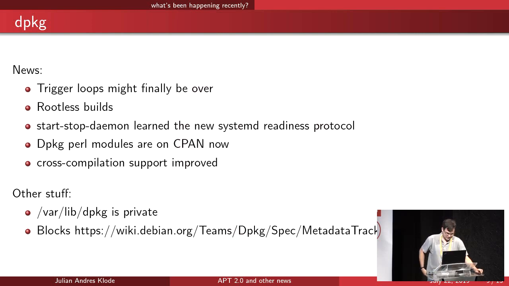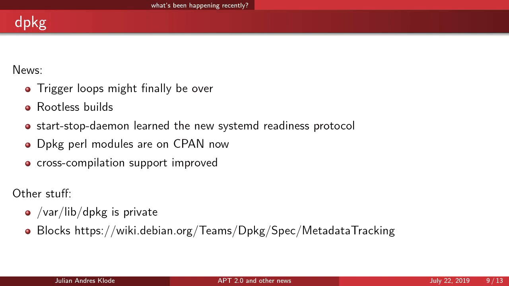Okay, so other news from dpkg in this case. Trigger loops. We've seen a lot of trigger loops in Ubuntu upgrades, but there were also, I think, a few in various Debian upgrading tool tests. So you were in the middle of an upgrade and then it would say, oh, triggers looping, aborting. And this was really annoying. And since dpkg 1.19.7, I think, most of that should be fixed. So triggers should no longer be looping and aborting your upgrades.